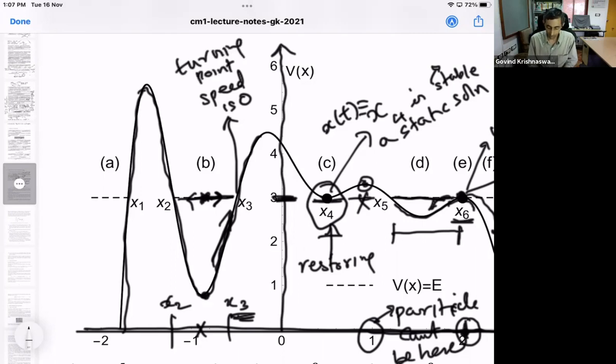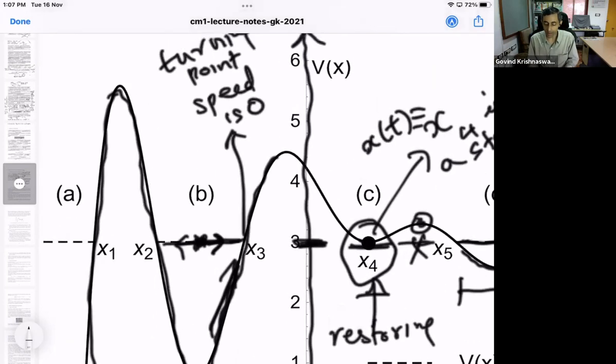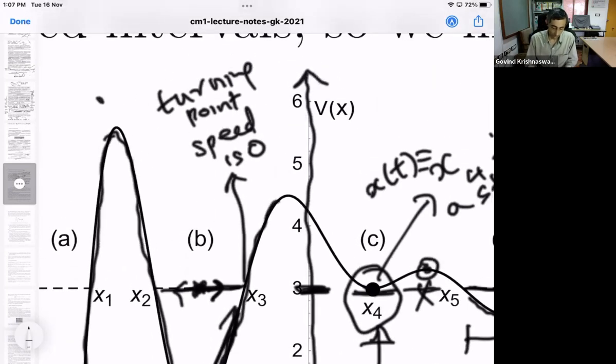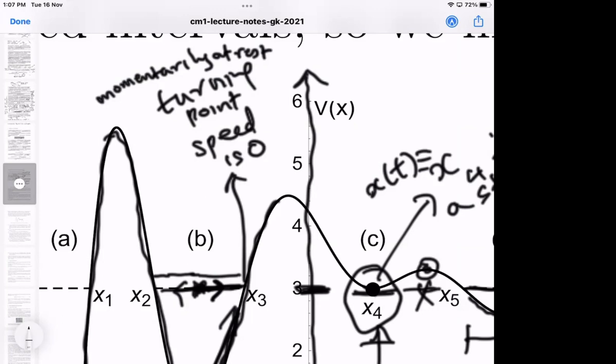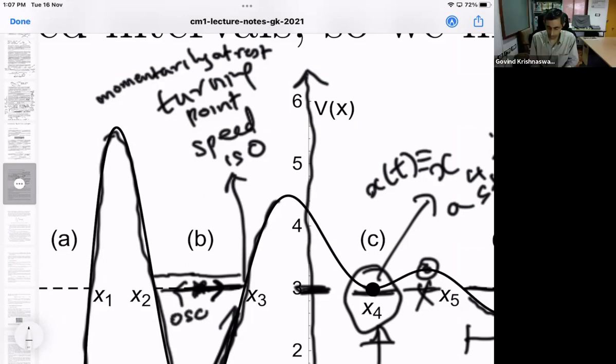The particle would come instantaneously to rest, momentarily to rest, at the turning point. Basically it turns around and comes back here and does roughly the same thing, reaching the left end point, where again it comes instantaneously to rest and turns around. So what kind of motion will this particle display? Please give some descriptive name for this. Oscillatory motion. Yeah, indeed. So here we have oscillatory motion.